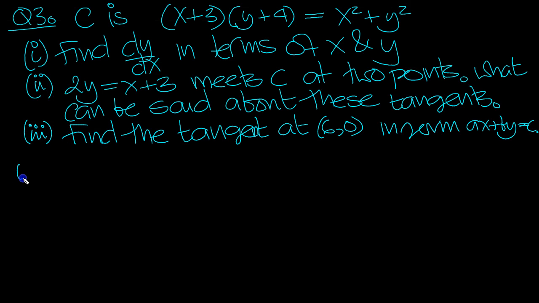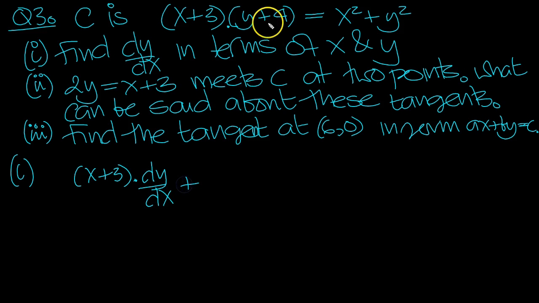So let's have a look at this then. Let's get dy/dx first of all then. Oh, it's going to be an implicit function, so we can't write it down explicitly here. This is a product, so let's just differentiate it term by term throughout the equation. So this is a product, so it would be the product rule, u times dv, and this goes to naught and this differentiates to dy/dx, plus v, which is y plus 4, times du, this goes to 0, this goes to 1, is equal to, differentiate this, use the power rule, 2